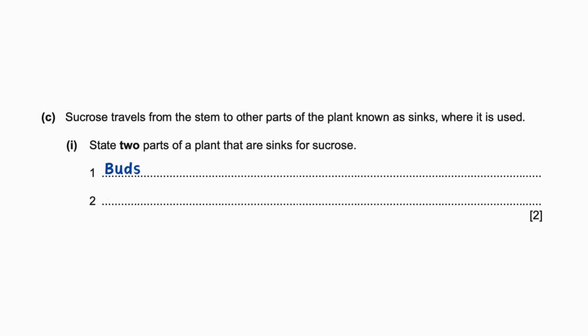Buds. Sucrose is used in buds to support the growth and development of new leaves, stems, or flowers. Root tips. Sucrose may be directed to the root tips, where it can contribute to the growth and maintenance of the root system. Tubers. In plants that produce tubers, such as potatoes, sucrose is stored in these underground structures as a form of energy reserve. Storage organs. Various storage organs, including bulbs, corms, and rhizomes, act as sinks for sucrose where it is stored for